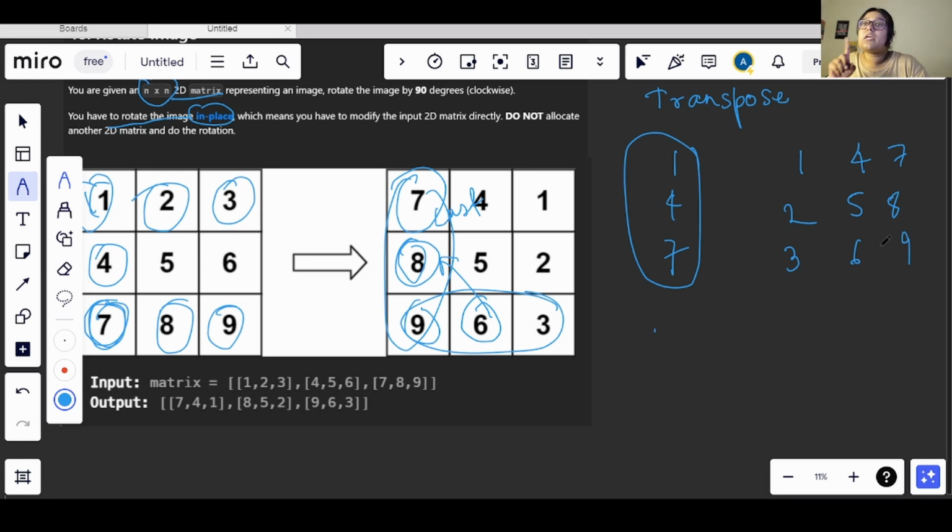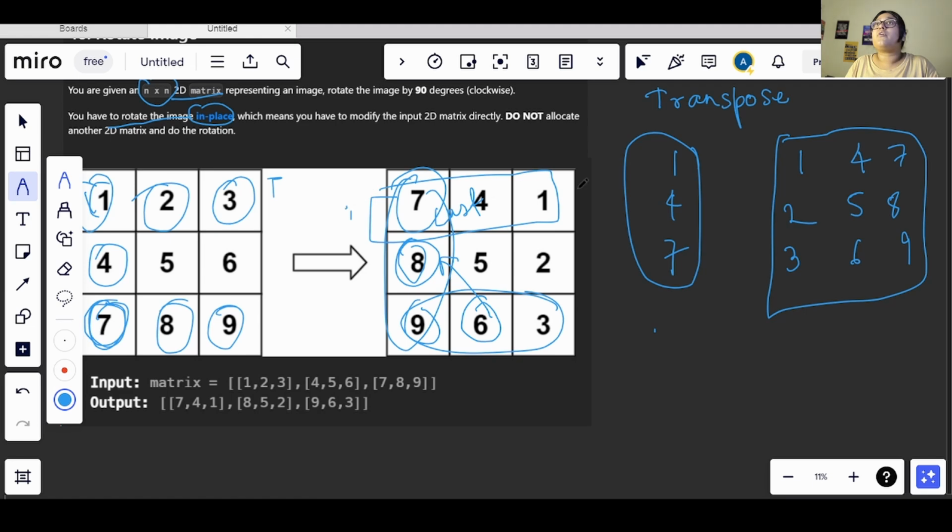Now we can observe that after finding the transpose of this matrix, whatever values 1 4 7 are in the first row, we have all these values here also. The 8 5 2 that we have here, we have all those values in the second row also.